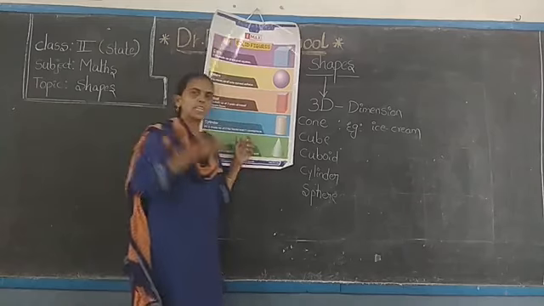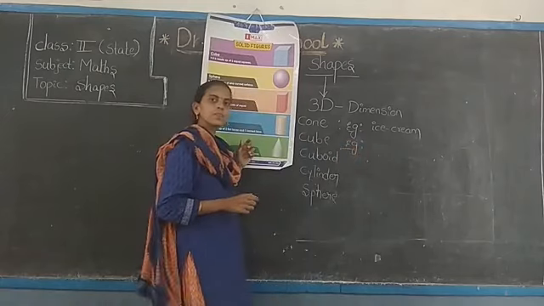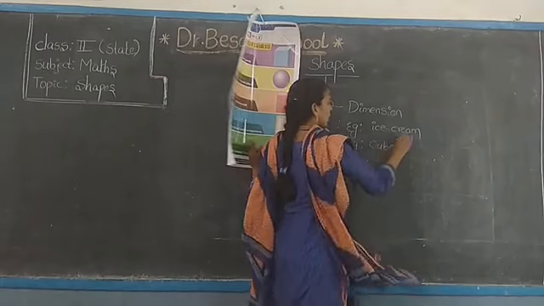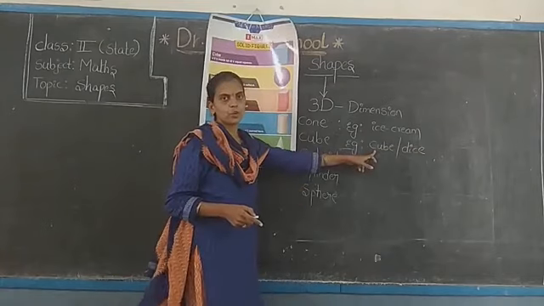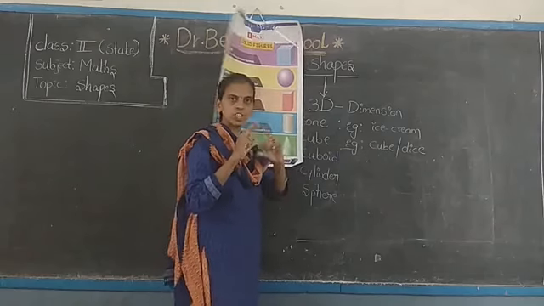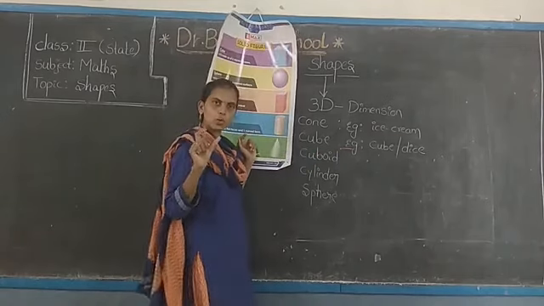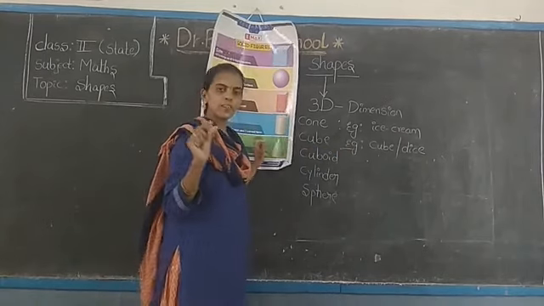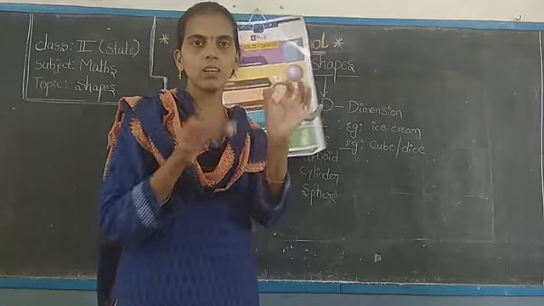Cube shape. Give me one example. What is an example of a cube shape? Yes, that is a cube or dice. This is nothing but a Rubik's cube. Generally we play at home with the Rubik's cube, which is in the shape of a cube only. Okay, dice. While we are playing Ludo, we used to play with this dice. So dice is also in the shape of a cube. We call this a cube.